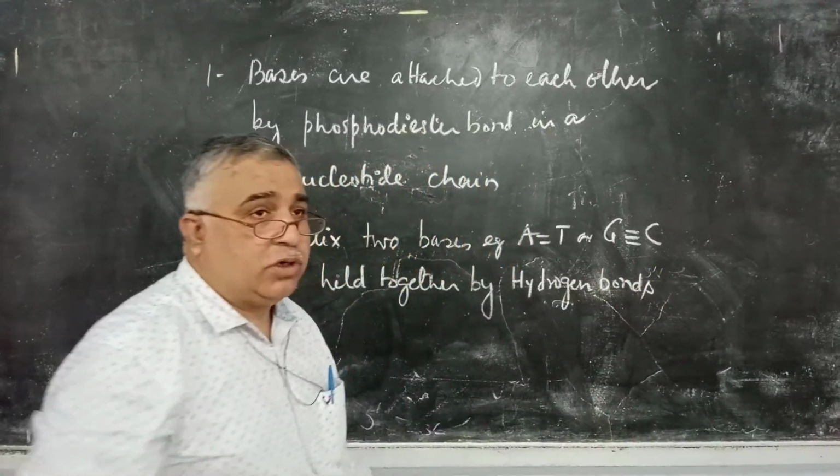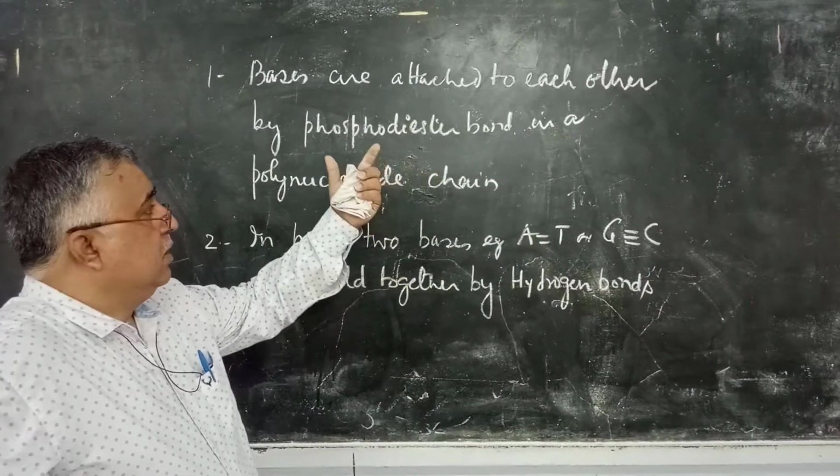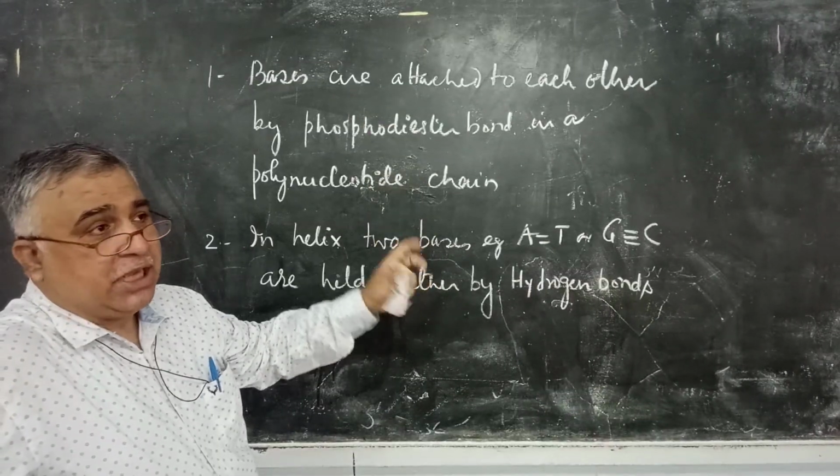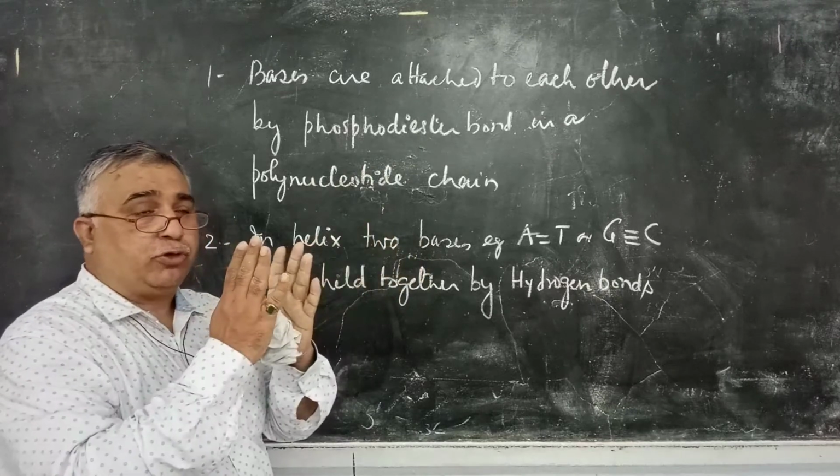These are the bonds that are required for maintenance of the polynucleotide chain and holding up two polynucleotide chains to form